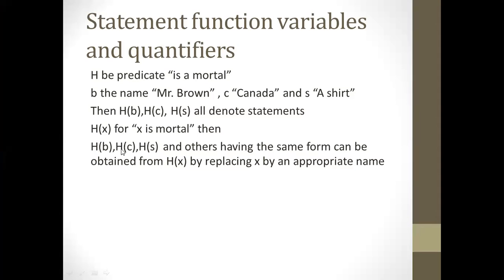Okay. Then H(b), H(c) and H(s) and others having the same form can be obtained from H(x) by replacing x by an appropriate name. Suppose here instead of x, if I take b, so H(b), what will be the value of H(b)? H(b) will be one predicate where small b is a variable, denotes the name, that is Mr. Brown, and H is a predicate which is "is a mortal". So how do you write H(b) colon, this is Mr. Brown is a mortal. How do you write Mr. Brown